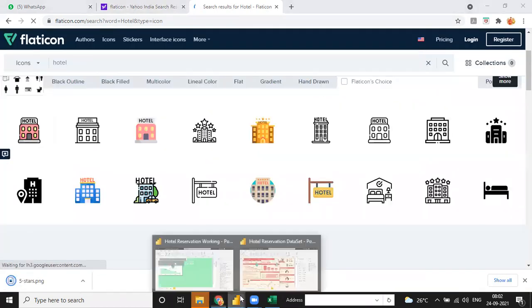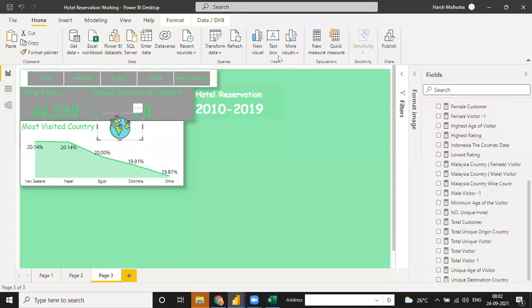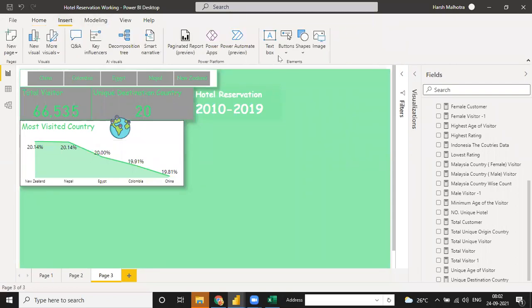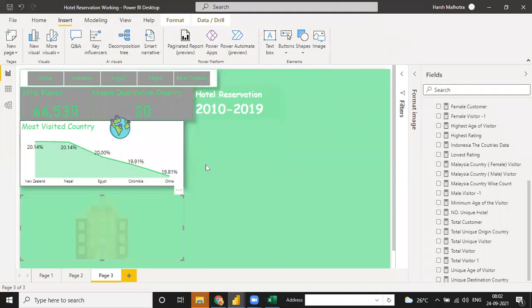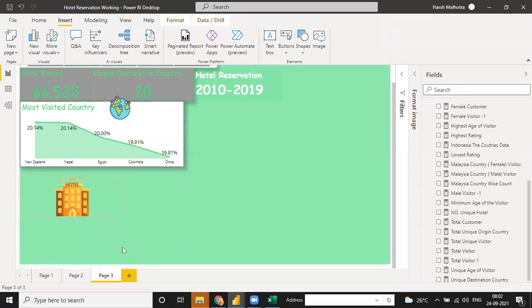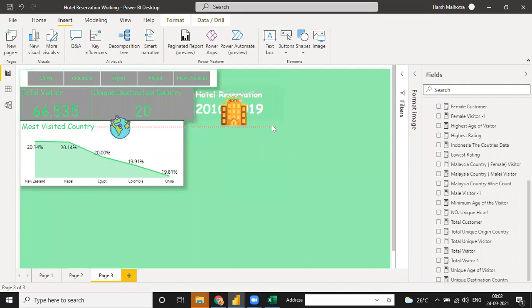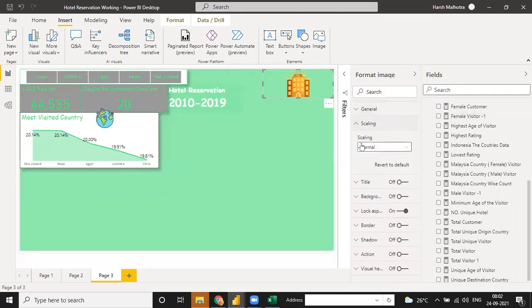Yeah, right now it's downloading. So I'm going to our Power BI and click insert, add image, and go to my downloads and just add this image, and you can just put it. Also, in the format of the image, for scaling you can use fit or fill.